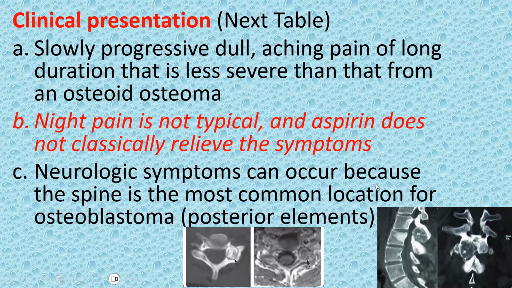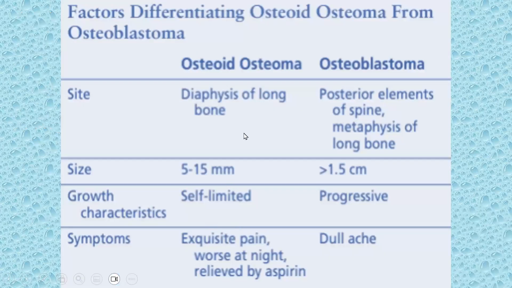Neurologic symptoms can occur. Why? Because it's quite large, especially when it occurs in the spine, and this is the most common location for it to occur: in the posterior elements. We mentioned this in the previous lecture, that osteomas occur in the diaphysis, osteoblastomas in the posterior elements, and metastasis